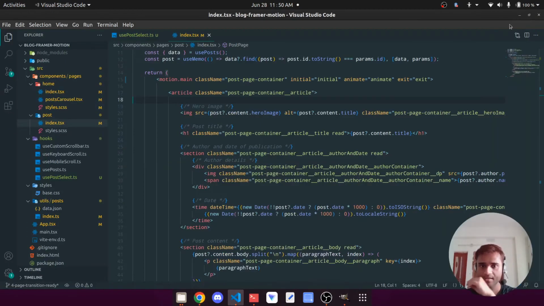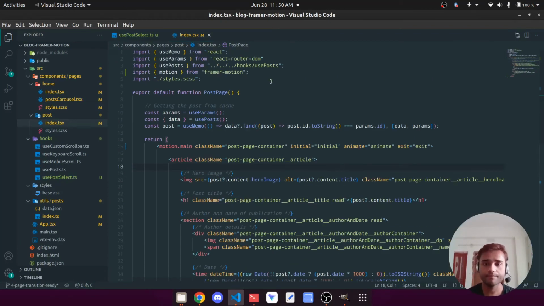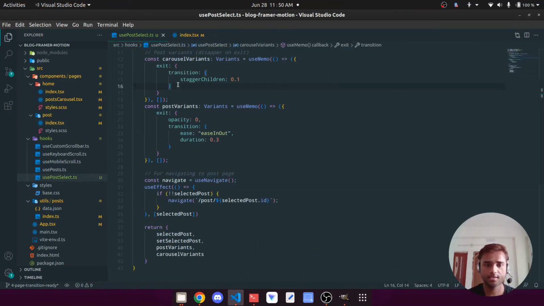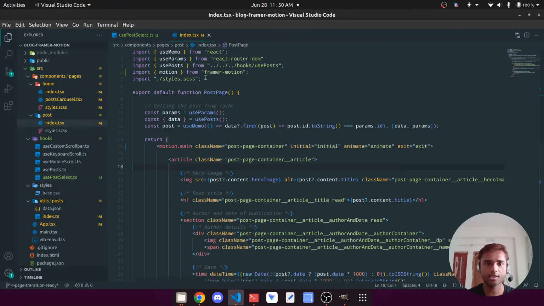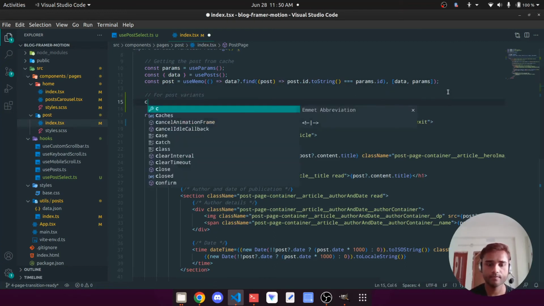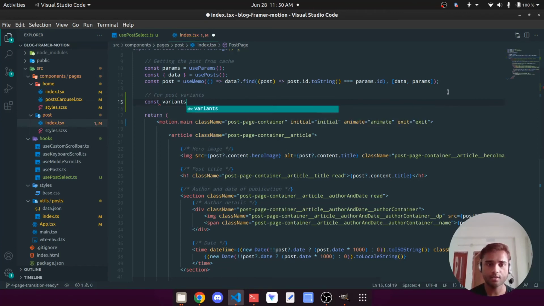Okay. So we're going to need variants for this one as well. So let's not create a custom hook for that. Let's just do it here. Let's say, what do we call it? What do we comment it? For post variants. Let's just call it variants of type